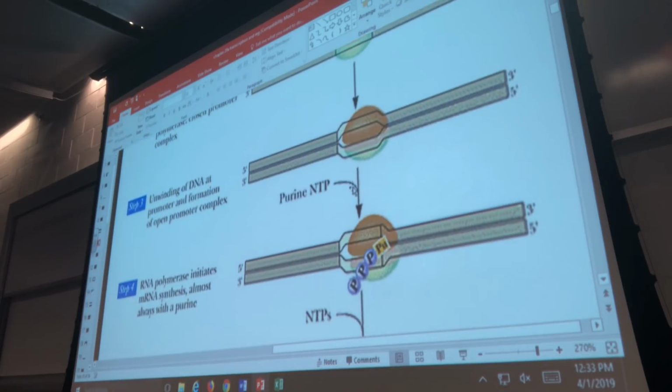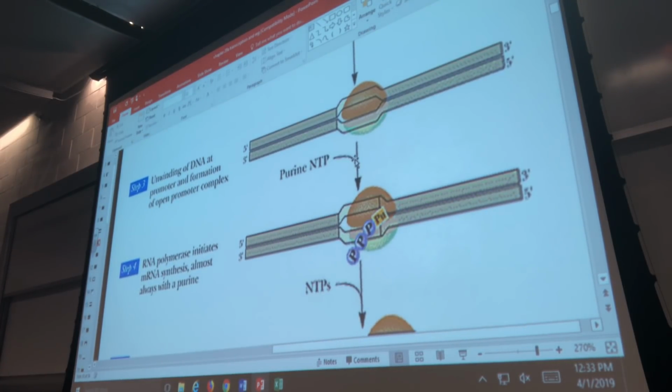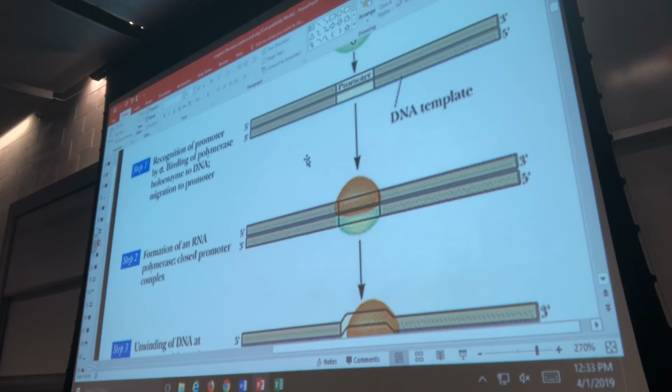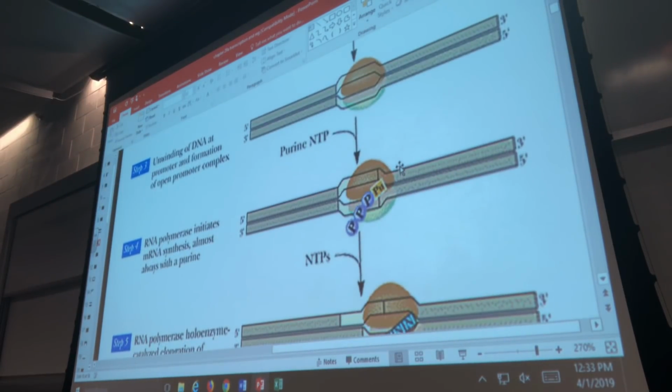All right. Well, after opening up the DNA, the first couple bases come in. So this is all initiation. Probably should have started with that. This is all initiation stuff. Okay. First couple bases are brought in, and I think you have to actually memorize